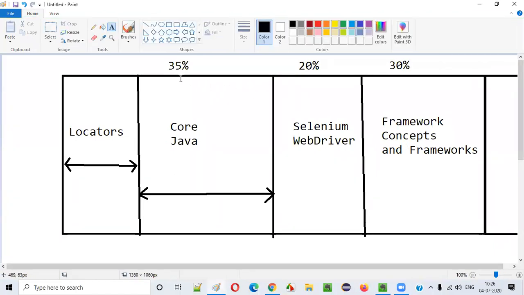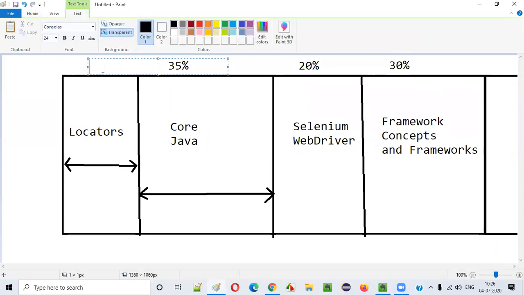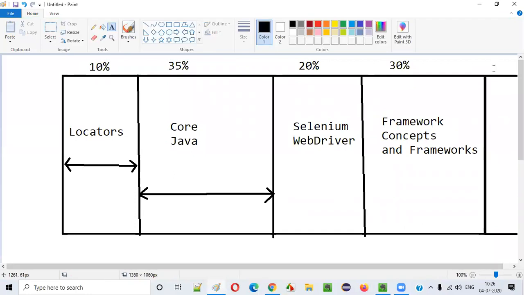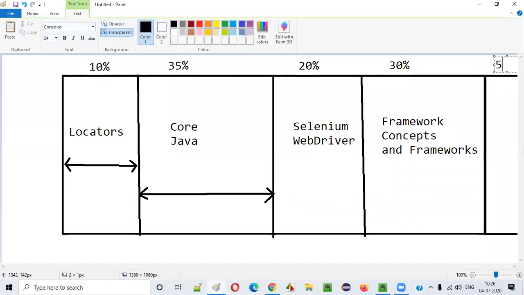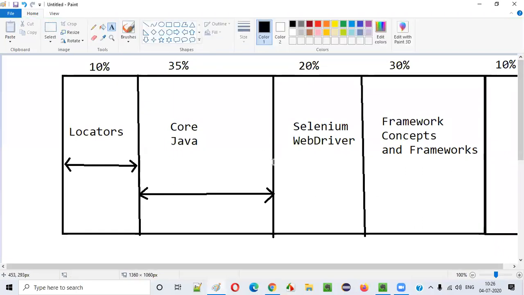Any other percent left, guys? Just compare this: 35, 45, 55, 65, 75, 85. So here 10%, maybe this also around 10%, guys. It may not be accurate, but overall you got an idea, right? How much I'm going to cover in these sessions. So this is how, at a high level, my session will look. If you understand this diagram that I drew here, you will be able to understand how my course is going to be, so you can plan yourself properly and learn the things properly, guys.